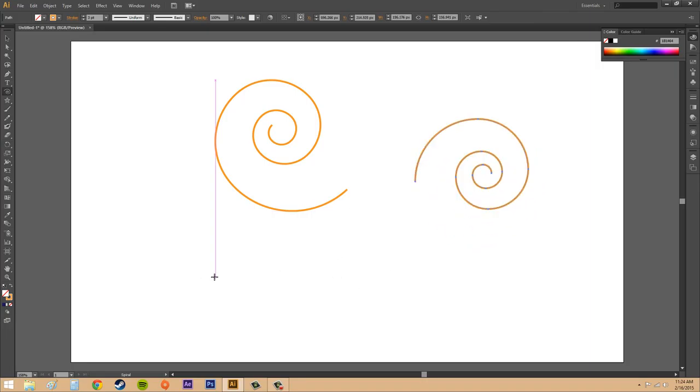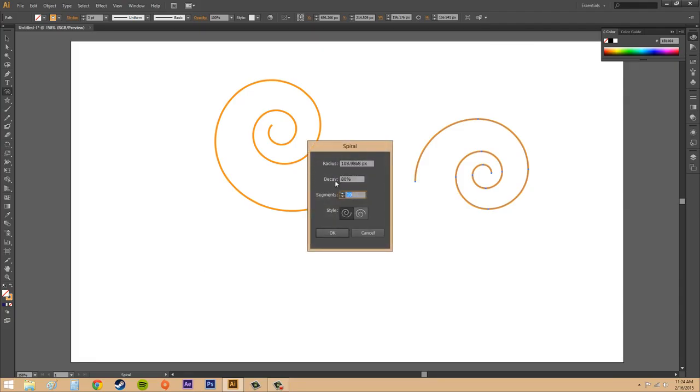All right, the cool part is when we click on the spiral, we can start editing the spiral. So let's go ahead and click. And we've got a radius, we've got a decay, we've got segments and style. Now the radius is going to be how wide it is from the center. The decay is how long it goes until it doesn't really become a spiral anymore. Well, the actual definition is the amount each wind decreases,